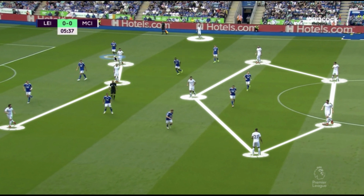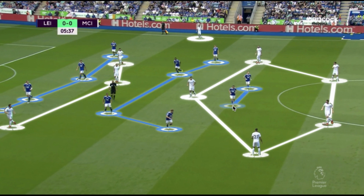For Leicester, they played a 4-4-2 or a 4-2-3-1 or a 4-2-2-2, whichever you want to call it. But the tendencies of this were to have advanced wide midfielders, connected holding midfielders, and then two forwards that typically, one looks to take away the option of Rodri, and the other looks to dictate where Manchester City can circulate